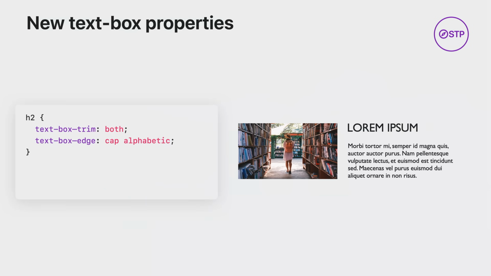This is all a work in progress. The property name has already changed from letting trim to text box trim. As of Safari Technology Preview 171, the code you see on the screen is how it works, but don't get too attached to these details. We expect it to keep changing. Perhaps it will become like this. Do try it out in Safari Technology Preview and let us know what you think. Early feedback from web designers and developers like you is how CSS becomes the best it can be.